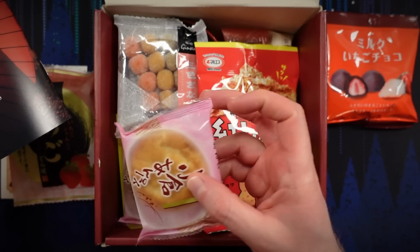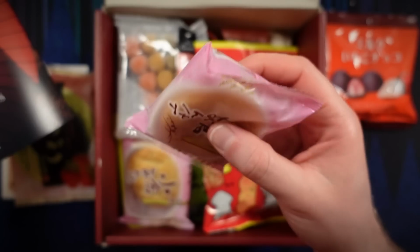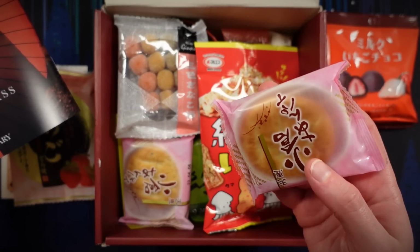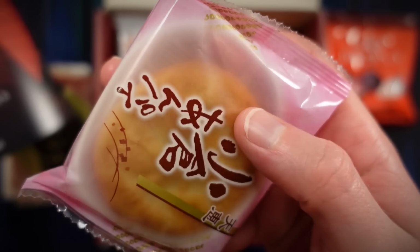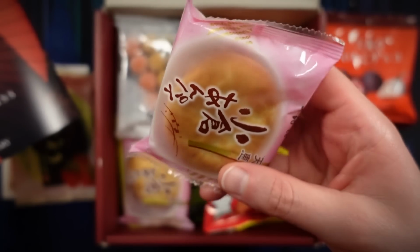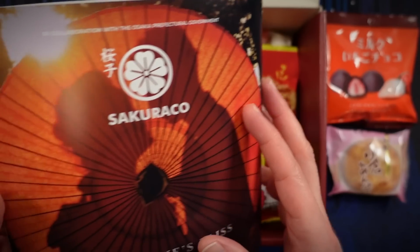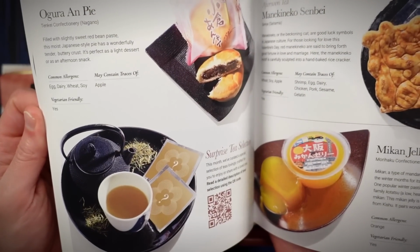Alright, this is something different. What's this? It feels slightly cakey. Like it's not crunchy and dry. It's like a little bit soft and cakey. What could it be? That appears to be